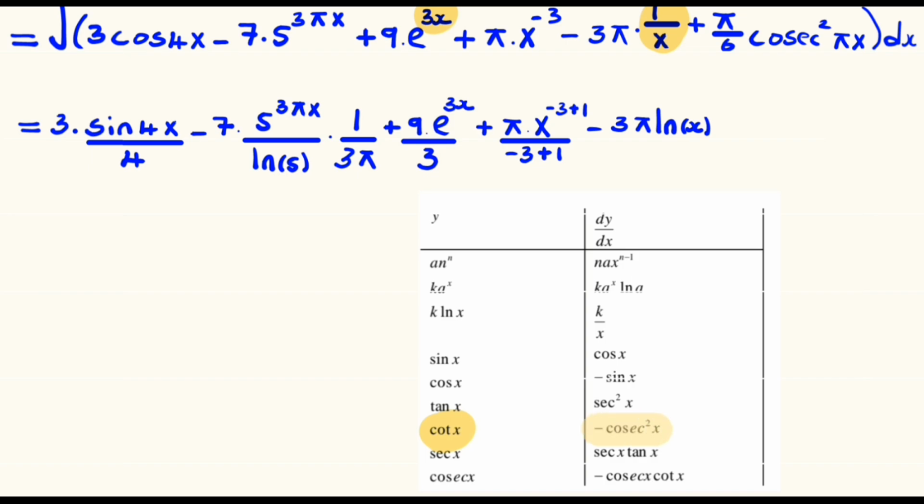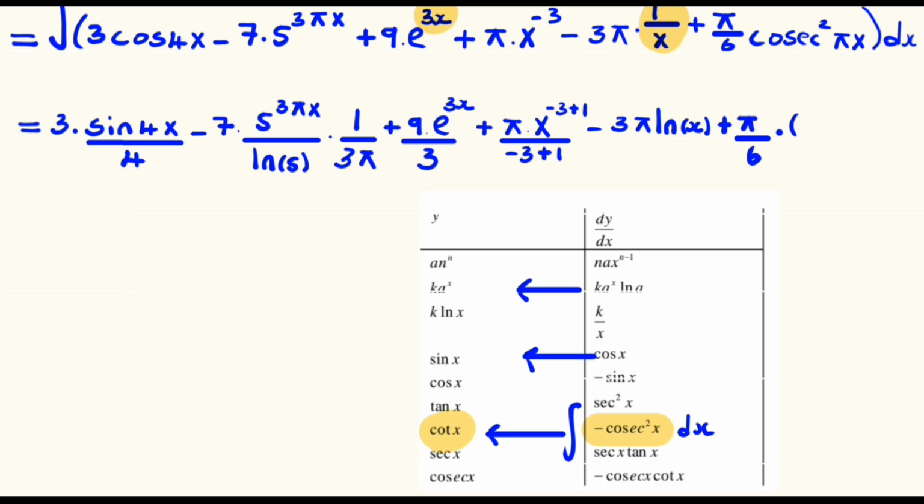So if that is the derivative of the cot x, the integral of the cosec squared x will be that cot x. So we have pi divided by 6 multiplied by the integral of the cosec squared x, which is that cot x. So the reverse,